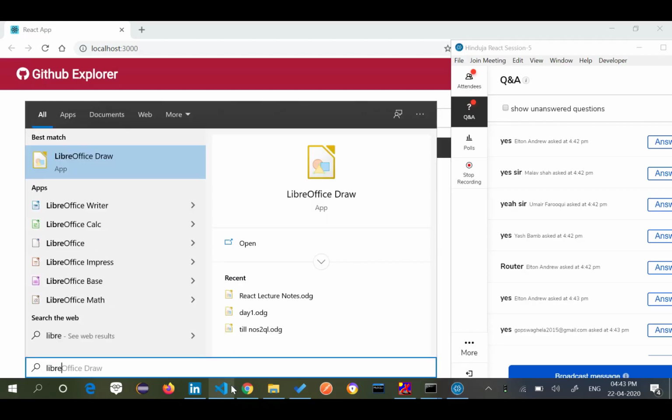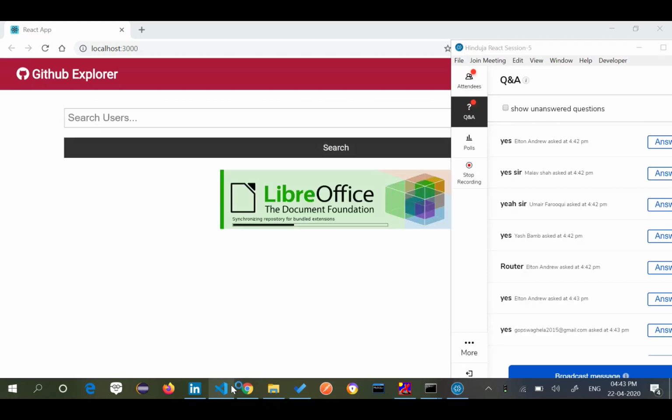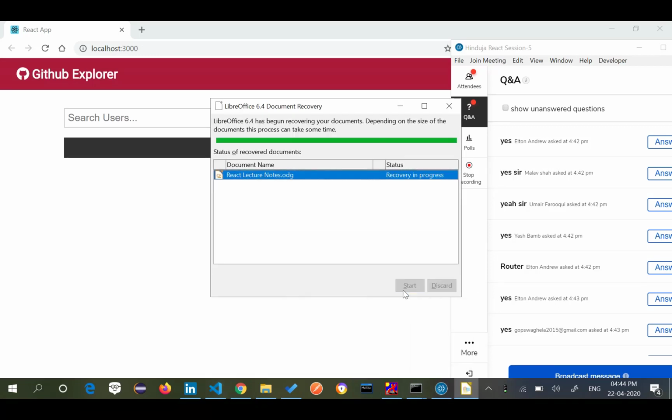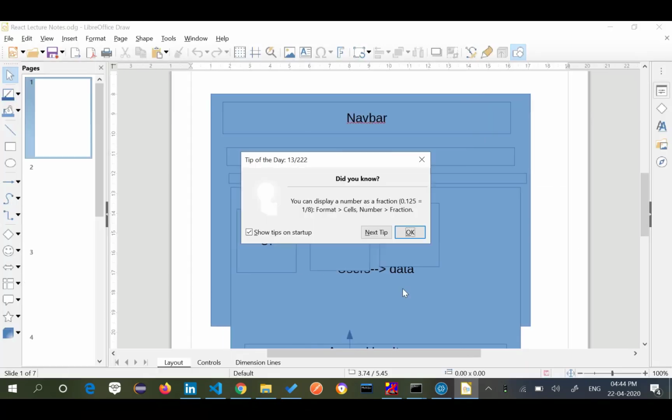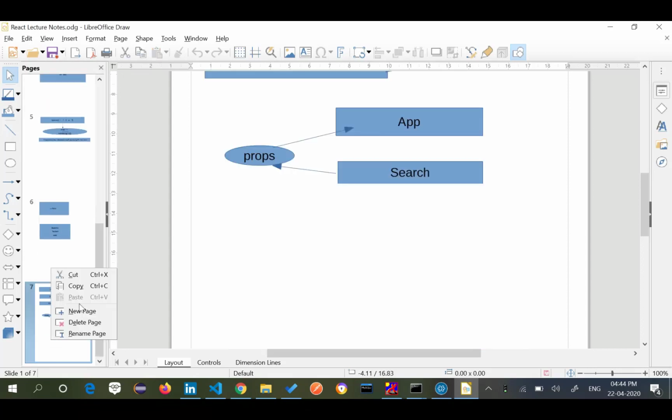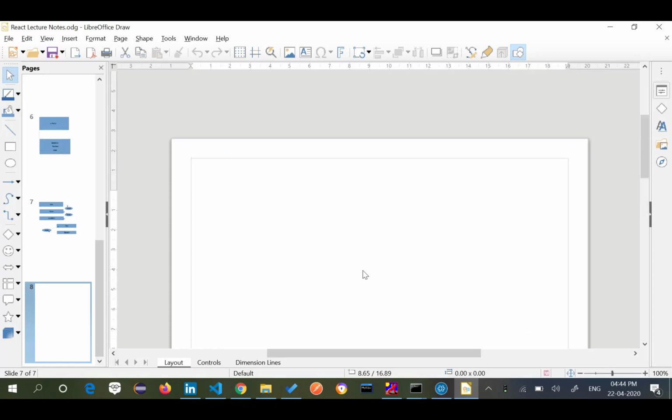So let me show how this React router component looks and works.